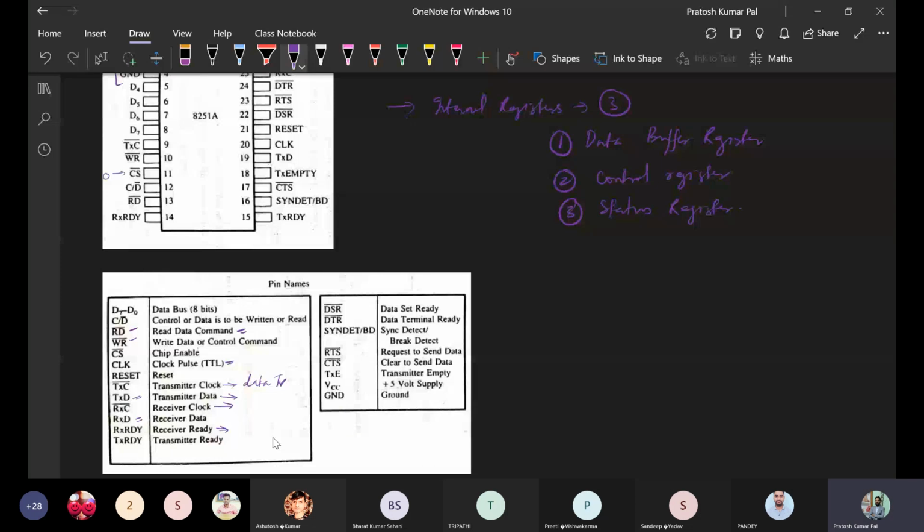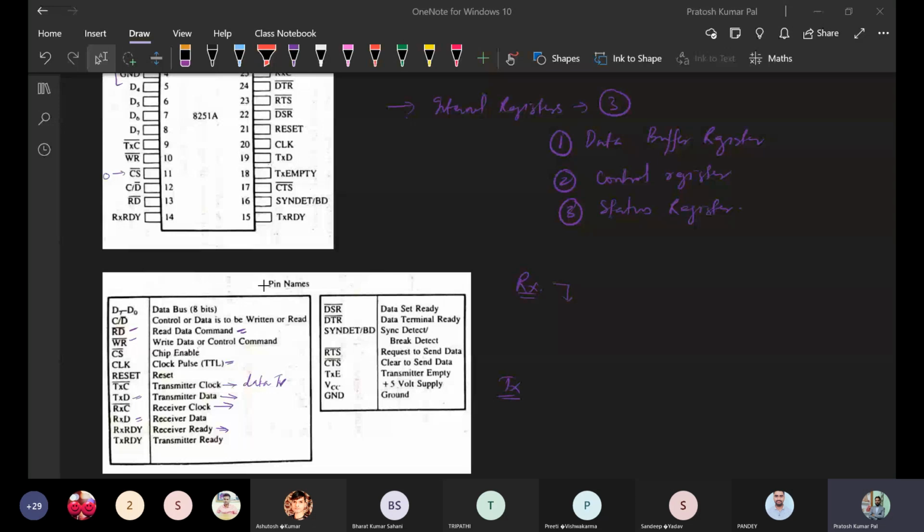The receiver and transmitter both have two different registers. In the receiver section, we have two registers. One will be for buffer, that means an 8-bit register, in which the data will be stored.